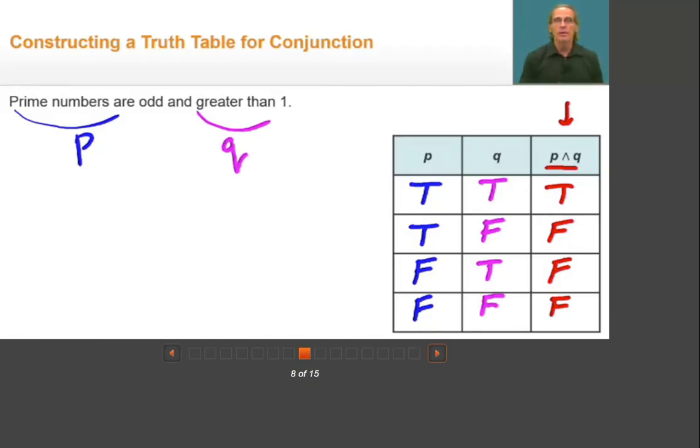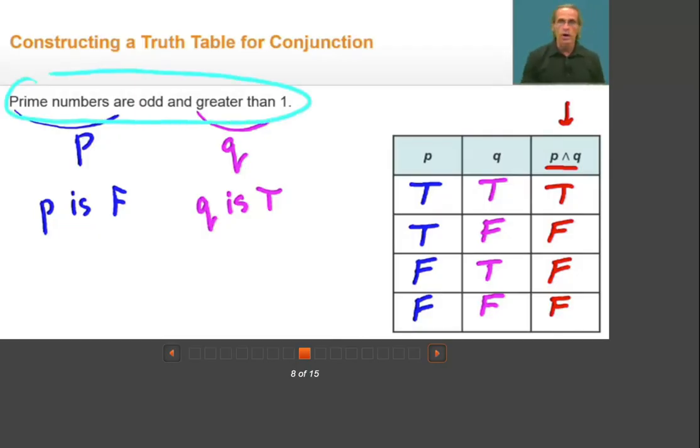Now, not all prime numbers are odd. For example, 2 is not an odd number, yet it is prime. So what this tells us is that the statement P is false. But all of the prime numbers are greater than 1. So this tells us Q is true. So based on what we know with everyday language, we know the whole statement cannot be true. This whole statement being prime numbers are odd and greater than 1. So what we would say is that P and Q